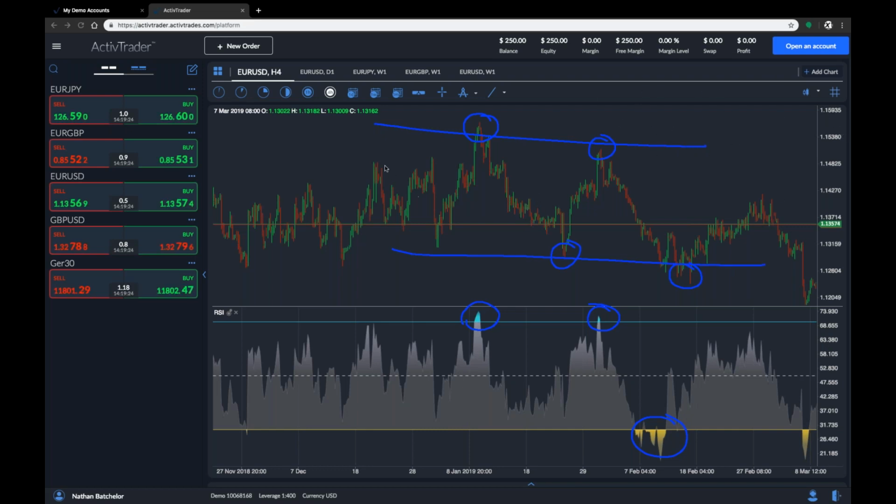Not so good when you're in a massive trending market, because traders will invariably look at the